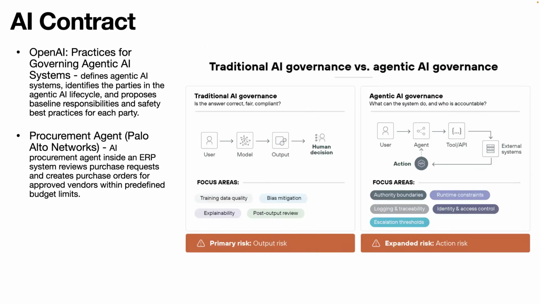Your model produces some output and a human verifies it, and all the issues with the bias and ethics. Usually that means that you have to add more training data to your traditional model, retrain it, and it should be good. But with the agentic systems, now these agents